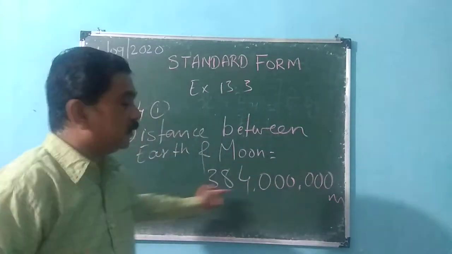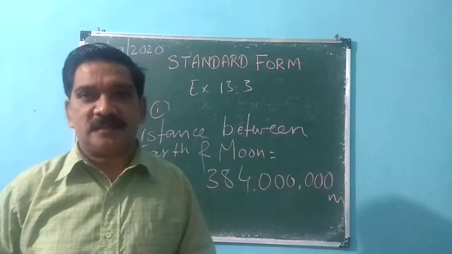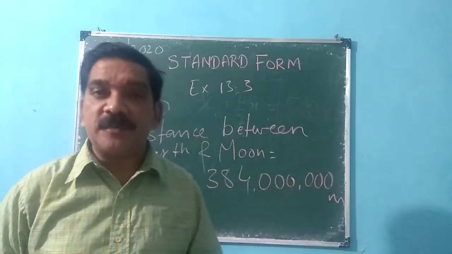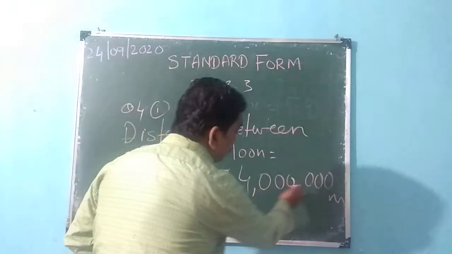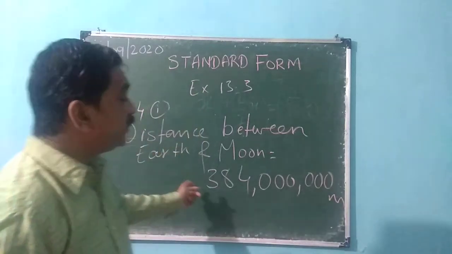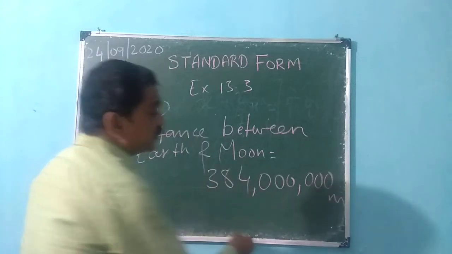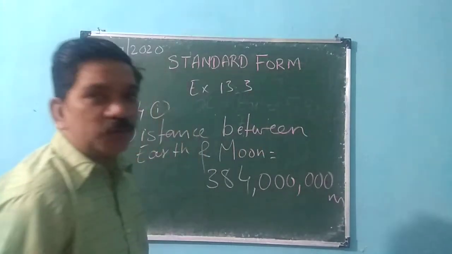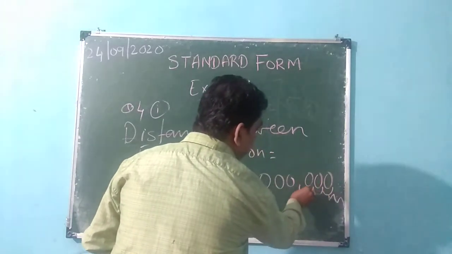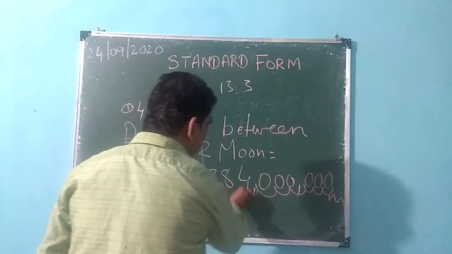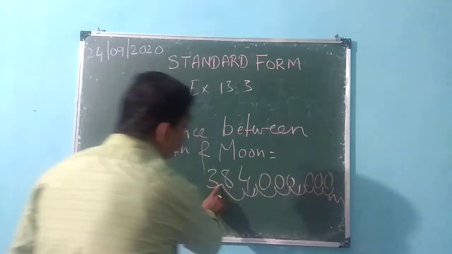Now it is such a big number. If we write it in the standard form, it will become easy for us and easy to remember. How can we bring it into standard form? Now see, if you look at the number, you will not find any decimal here. There is no decimal, so the decimal is in the last place. I told you yesterday also. Now this decimal has to be brought here, here, here, here, here, here, here, and here. This is the final position. We have to bring this decimal to this point.